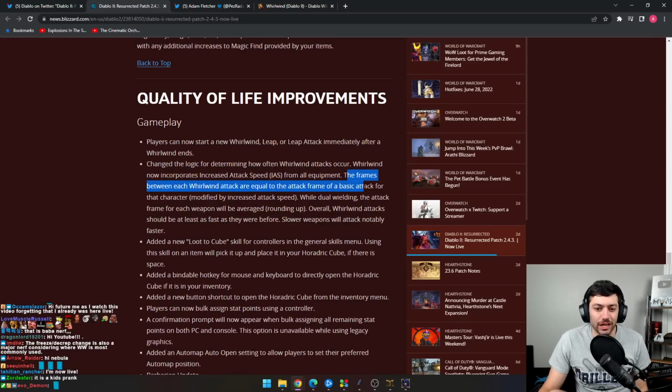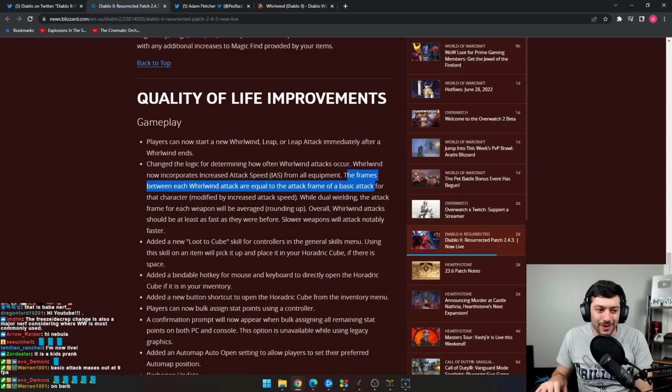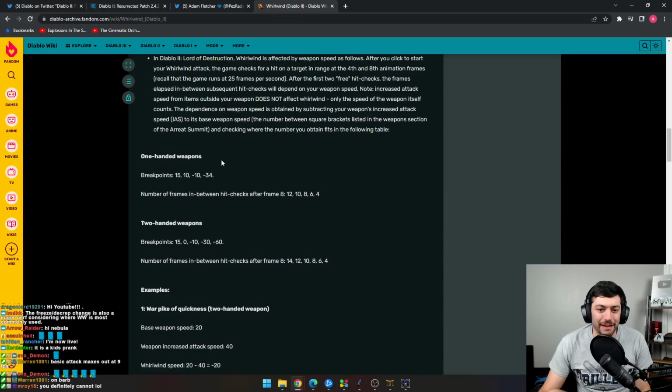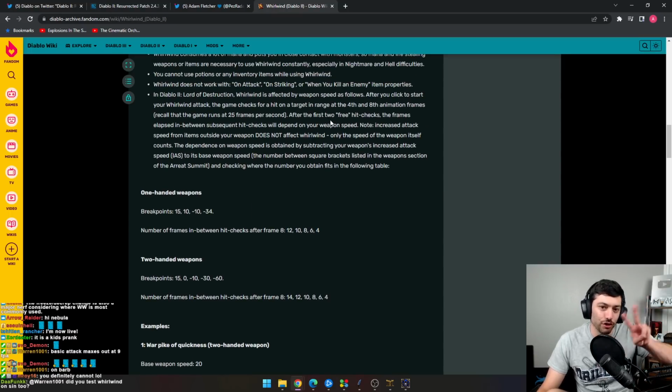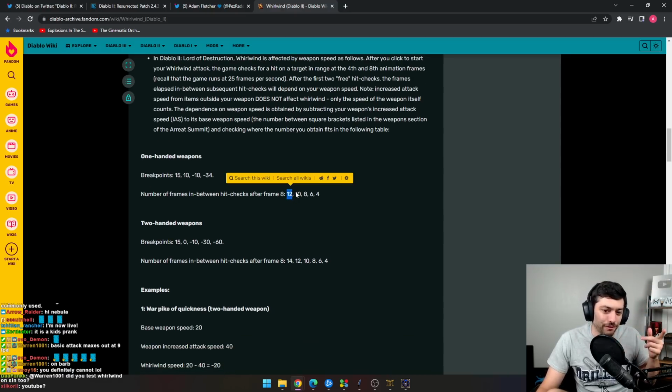The reason I say this is wrong is because a basic attack for the Barbarian is not 4 frames per attack. I'm pretty sure you cannot hit that no matter what. Maybe when you have Frenzy on or something, you can get to there. But your basic attack, as Warren says, maxes out at 9 frames per attack. So that would actually be terrible when you consider that before, Whirlwind always had the first two frame checks on 4 frames and 8 frames, and then it's either 12 frames, 10, 8, 6, or 4